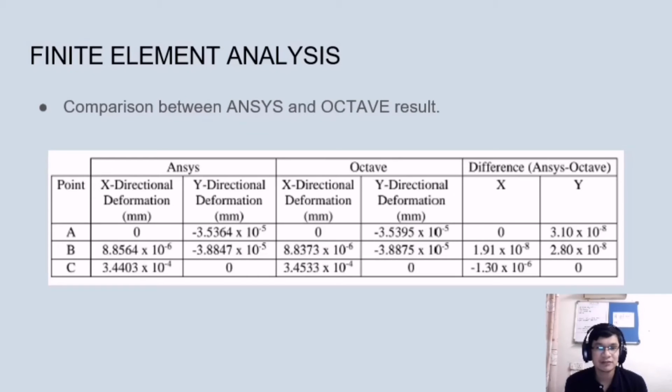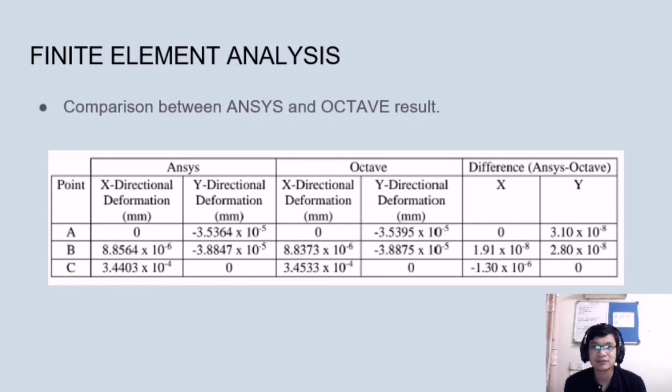Then at point C, for the x directional deformation, we get 3.4533 times 10 to the power negative 4, and the y directional deformation is equal to 0. So the difference between SEMM and Octave,